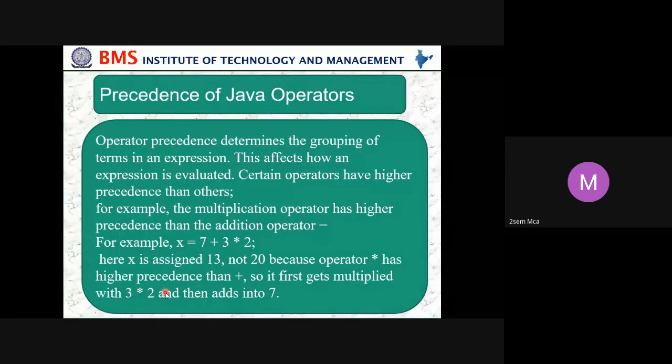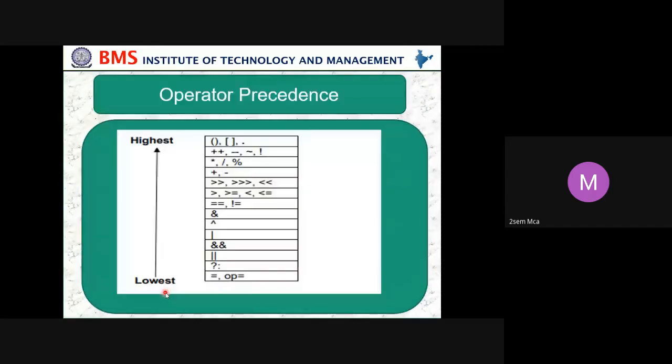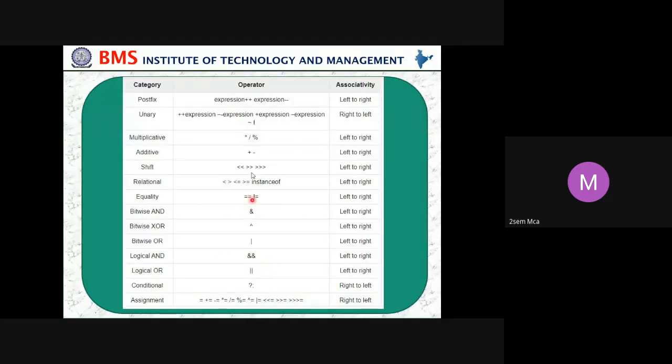Then we started with the precedence of operators. Which has the highest precedence? The highest precedence is parenthesis. Next is increment, decrement. Then multiplication, division, and modulus. Then plus and minus. The rest of these we use very rarely, but the first ones we use often. The last one we generally use is the condition or ternary operator. Then associativity: generally it is left to right, but only unary, conditional, and assignment are right to left. This you have to remember.